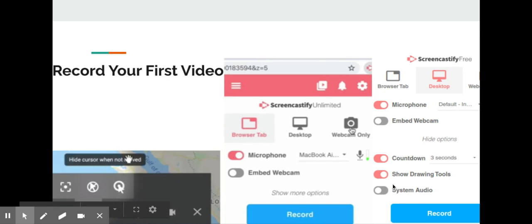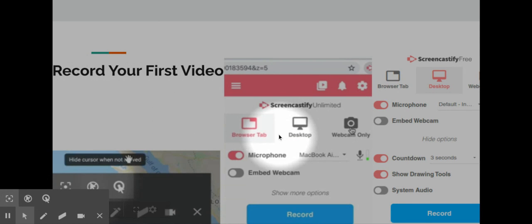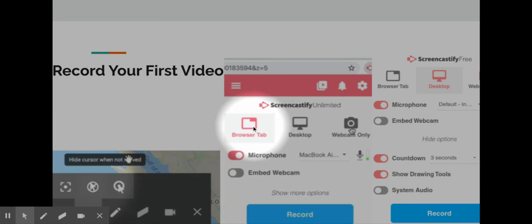Show drawing tools. What is helpful, I don't know if you can see it, it'll usually pop up down here. Drawing tools, you can use such things as, actually I'll do it for you, where if you want them to focus on a specific spot,